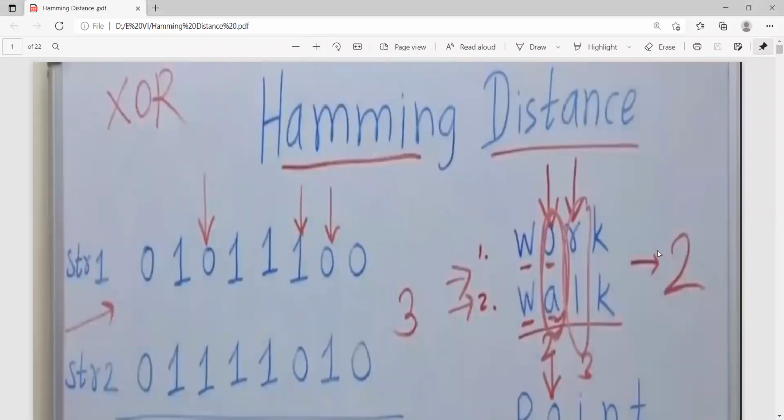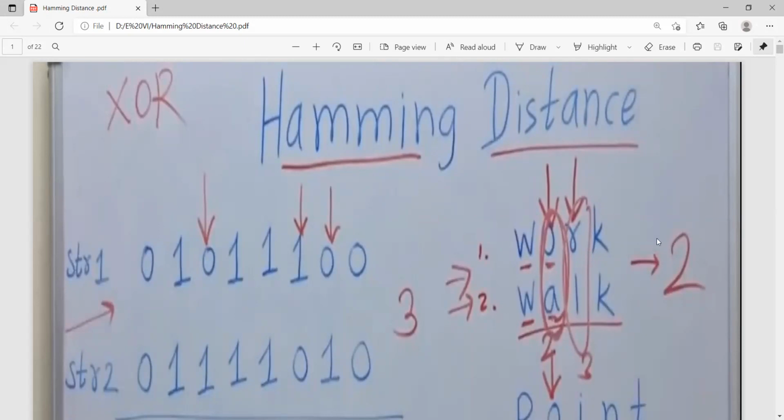So let us see. There are two different words, for example, here WORK and WALK. Now you can check. Here the condition is the data as well as the code. Let us assume this is the data, and here it is the code.